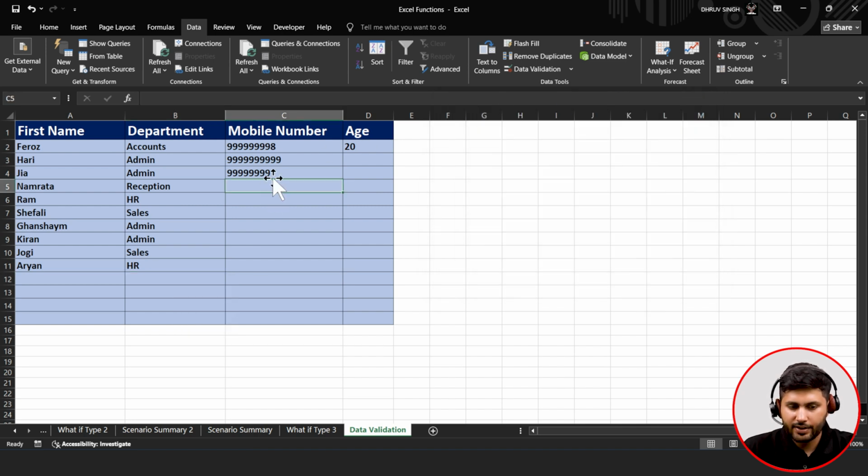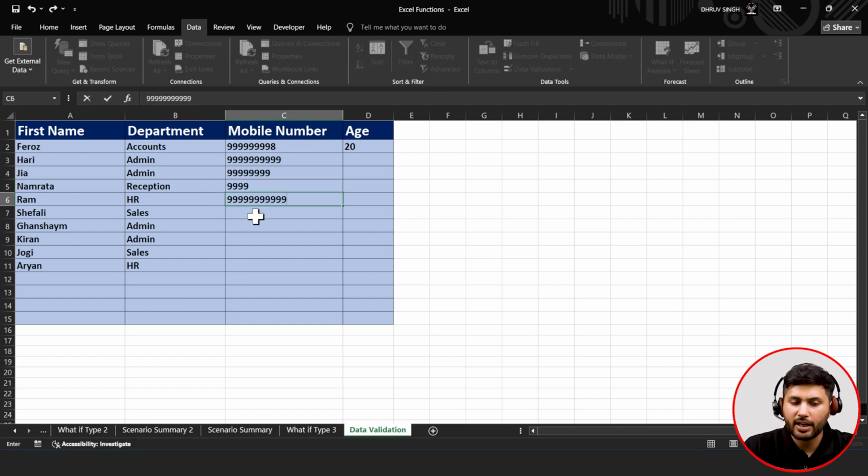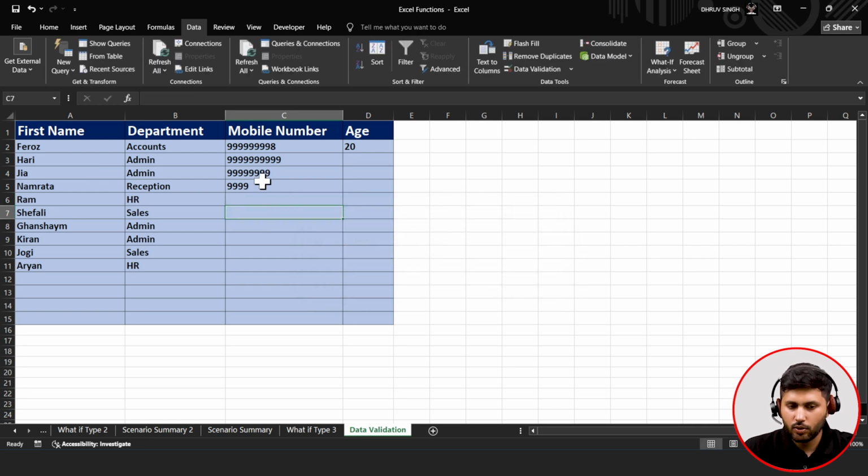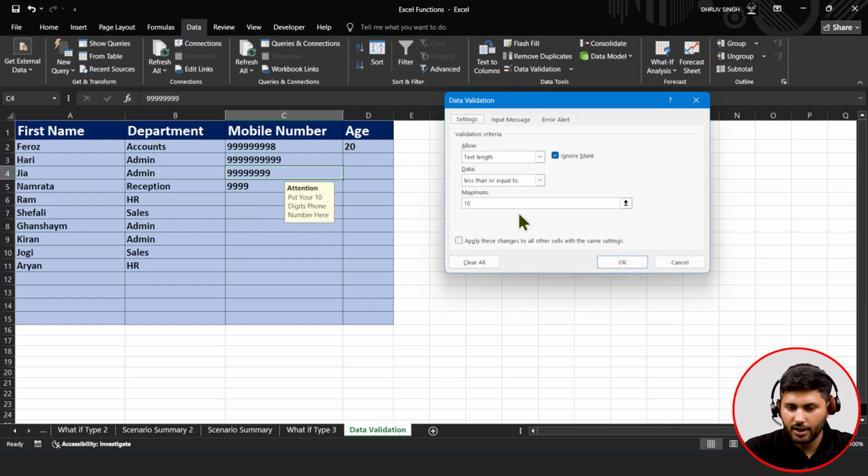The next data validation over here is something that will not let me enter values above a certain number of digits, so length is fixed over here. If the value goes above that, you can see, put your 10 digits phone number over here. When you go to the data validation option, it says the data length is less than or equal to 10. You can say over here is equal to 10. So when I say equal to 10, if the user tries to put something smaller than that also, it will throw an error. When I click on OK,